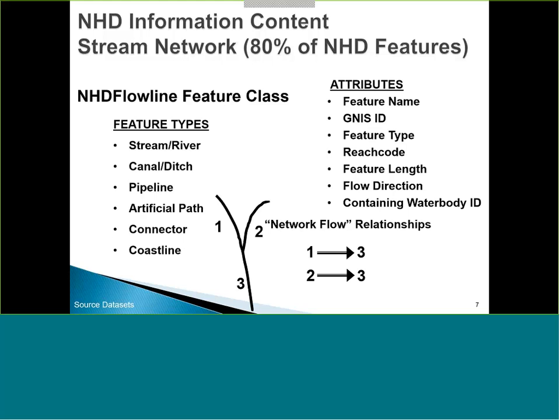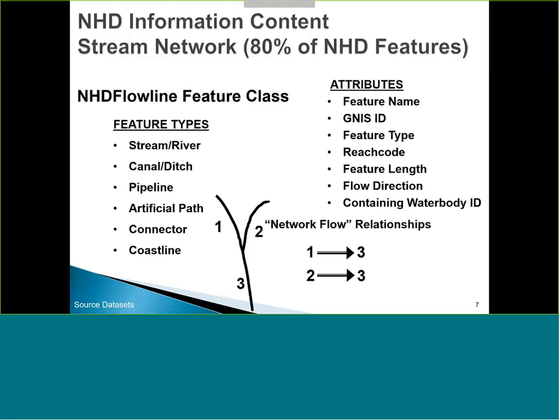Feature type. The feature types are on the left, and they're all in attribution on the features. We have a reach code, which you'll hear a lot more about as we progress through this day. The reach code is the external ID, which is designed for linking things to the network. It is assigned, it is persistent, it does not change unless there's an error in the NHD, or unless somebody goes out there with a bulldozer and starts digging new trenches